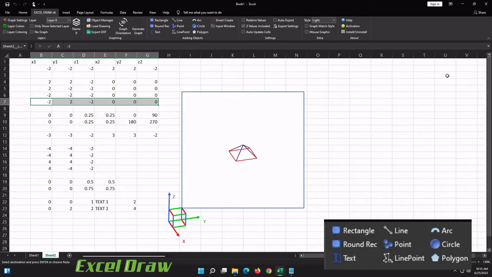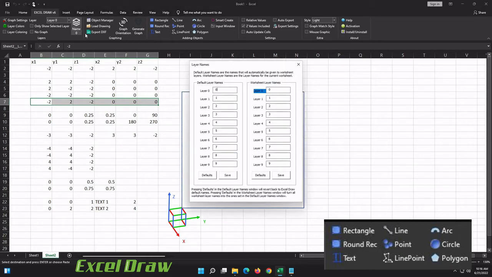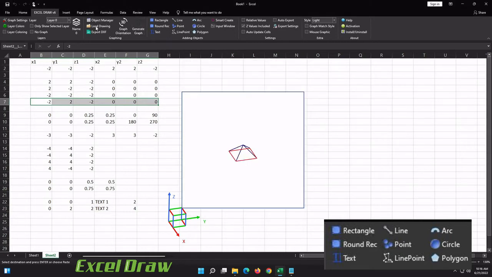Now, something that I have not mentioned yet is the layers. Inside of Excel Draw, you can have up to 10 layers added to a single drawing. And it is currently on layer 0. It is going to be set to that by default. If you want to change the name of these layers, I'll get into that more later, but there is a window right here where you can change the default names or the names for the worksheet that you're at. But like I said, I will get into that at a later video. I just wanted to let you know that there are options for different layers. So I'm actually going to move this down to layer 1 now,